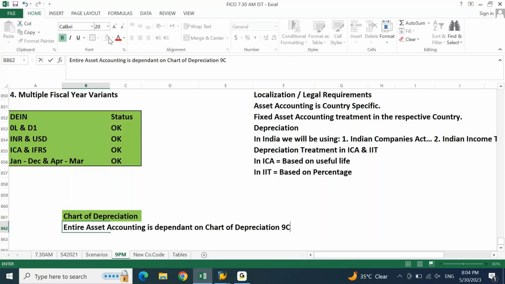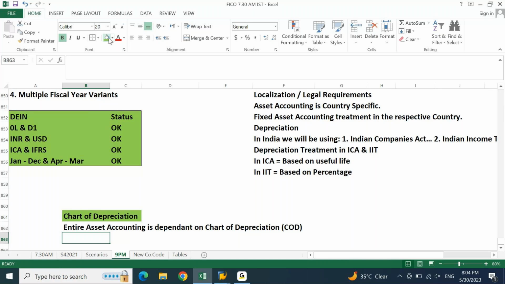We call it COD. When you hear something called a COD, remember this is your chart of depreciation. Your entire asset accounting is dependent on chart of depreciation.